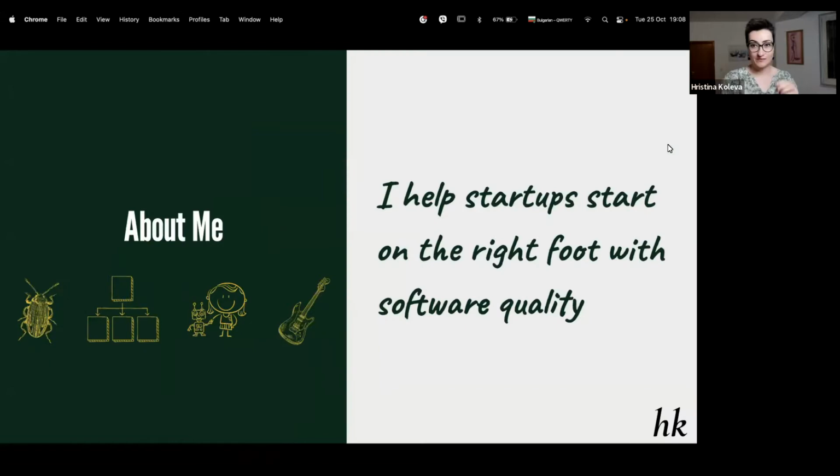All right, about me: bug hunter, tester by heart. I see bugs everywhere. I've been in testing and QA for 16 years now, and I've learned that testing is not enough to assure the quality of the software. We need a thorough end-to-end process optimization approach to make sure that the way we work will result in high-quality software.